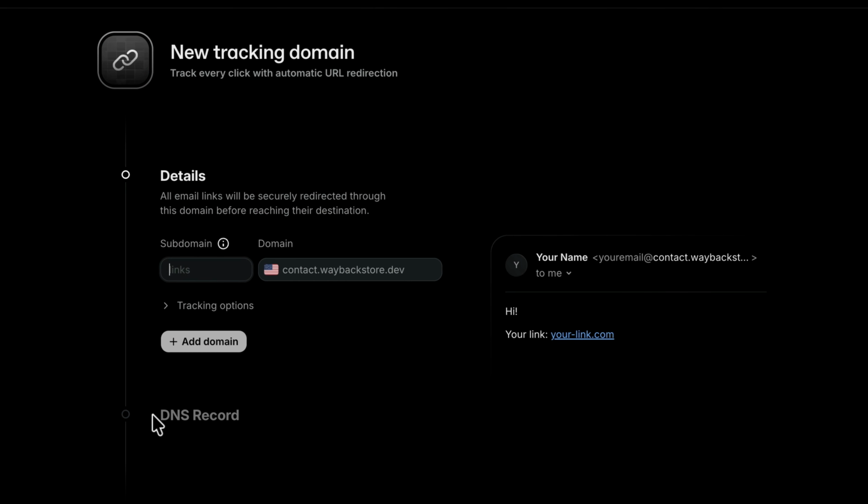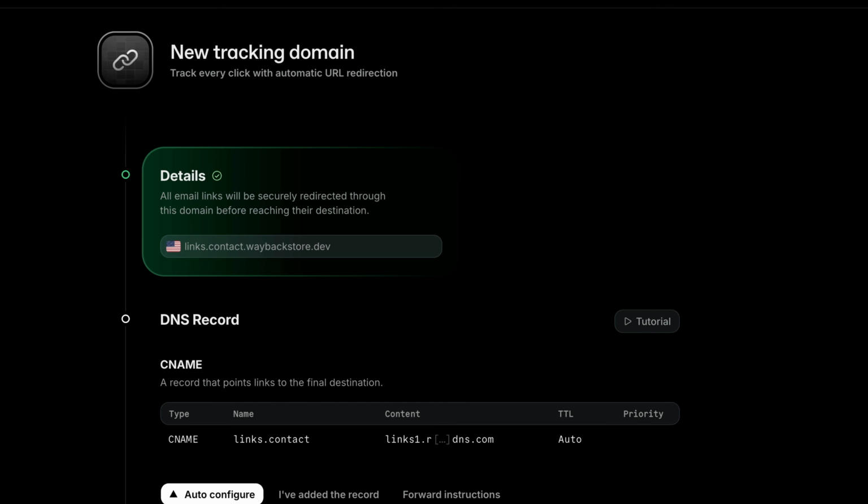So how does custom tracking work? It replaces the shared tracking domain with your domain. When you enable click or open tracking, add a single CNAME record and Resend will handle the proxy and record